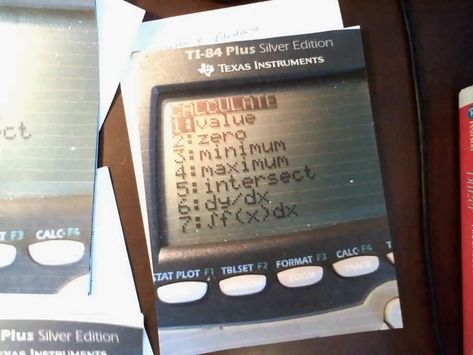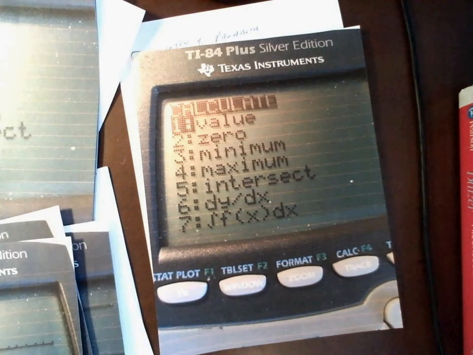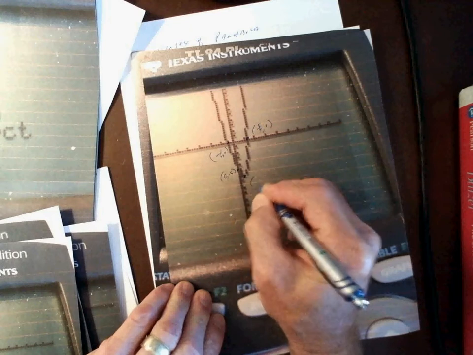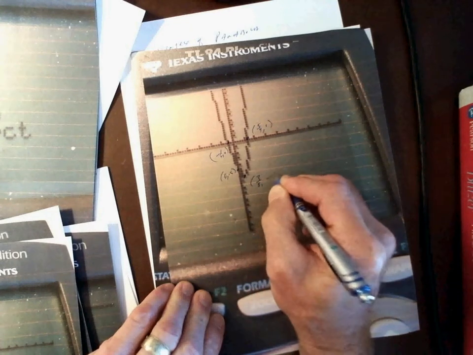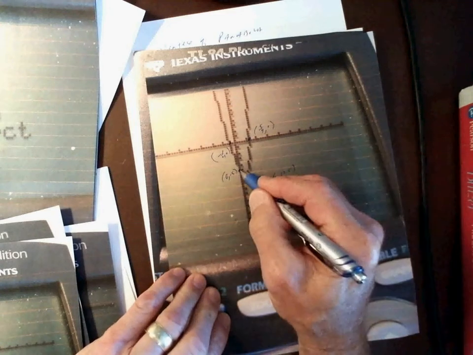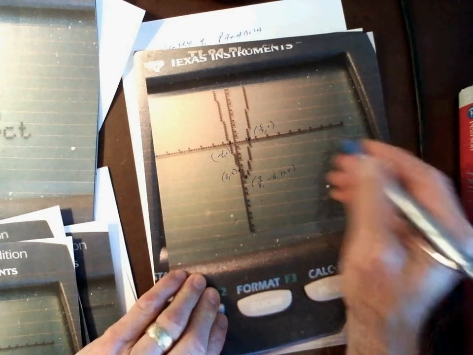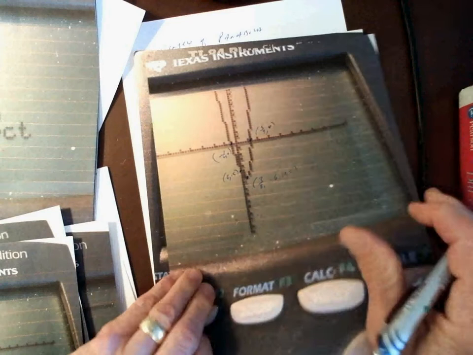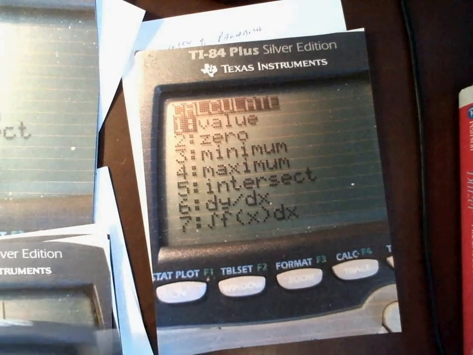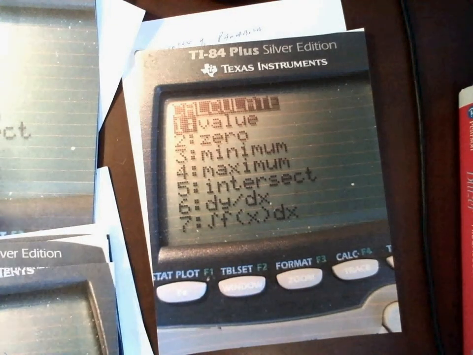If we look at my graph that we've identified so far with some of the values here, we know that the vertex is going to be 3/8 comma negative 6.125 based upon my calculator findings, and it looks like it'd be a very logical find in terms of my graphing calculator doing the work for me. Another way to do this,